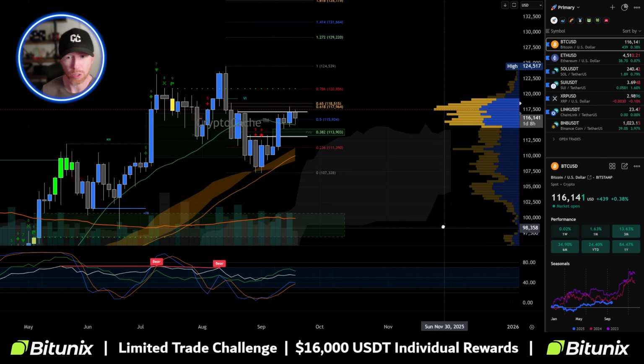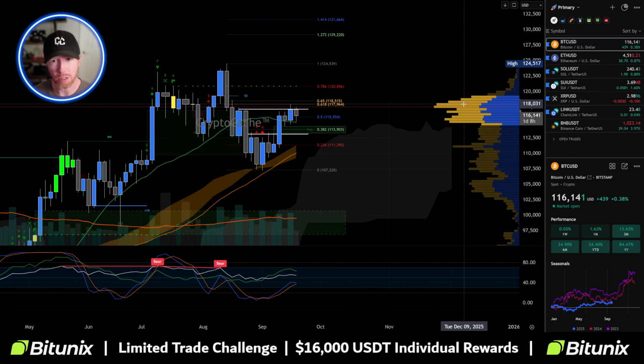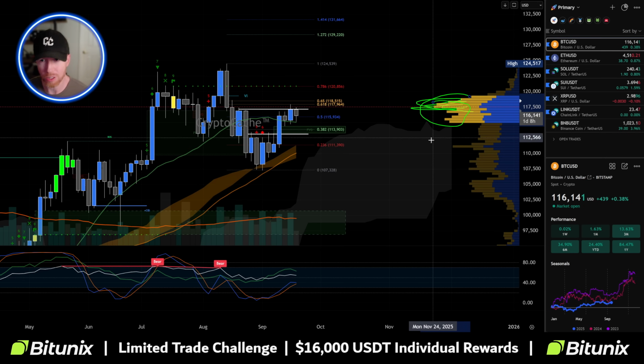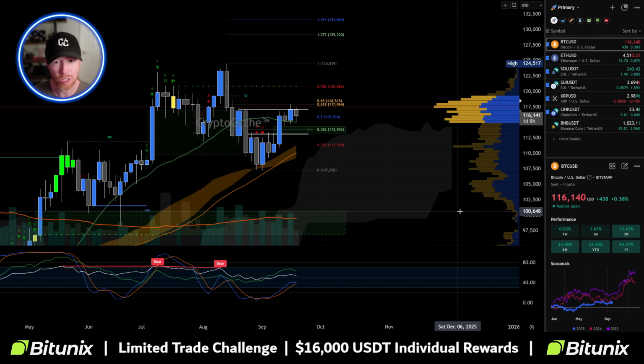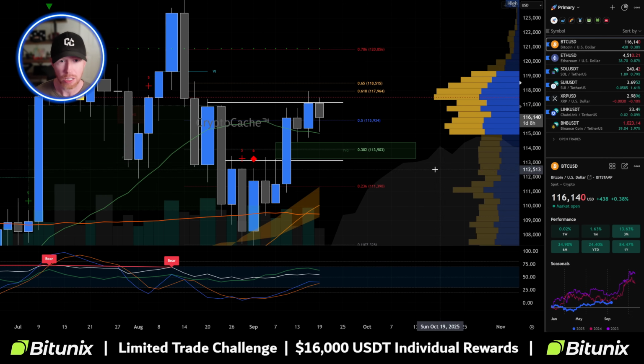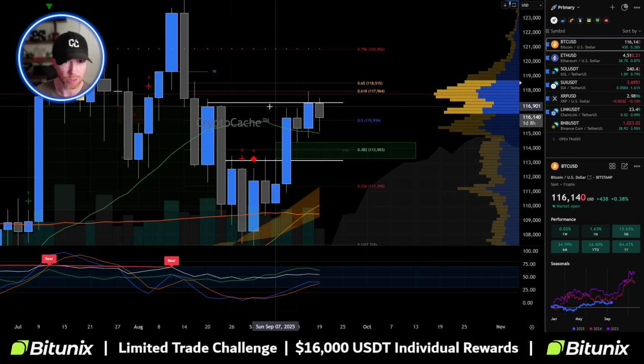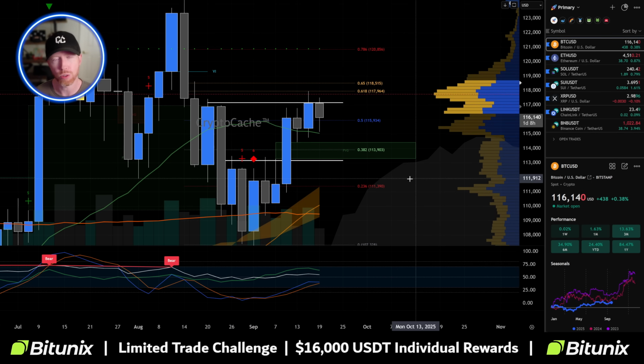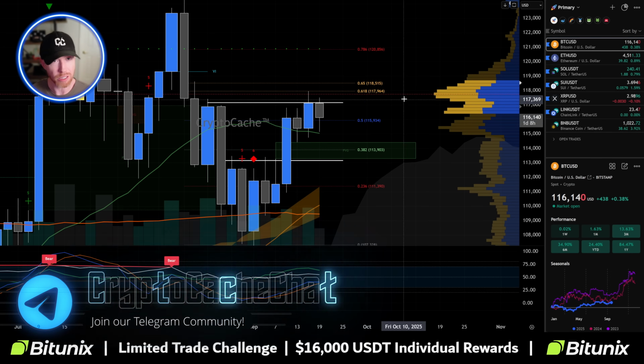But once more, if we look here, we have the most volume above the price at 118K. All the volume and accumulation is in the 116 to 118K range, specifically above us, therefore reinforcing resistance. On the 3-day time frame, we still have yet to close above this level. 117,000 is that strong resistance range for us. So that's an area we just have to be mindful of until we close above that level. The probability of further downside is higher.